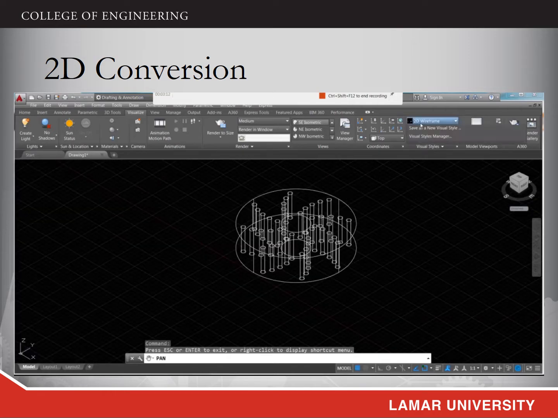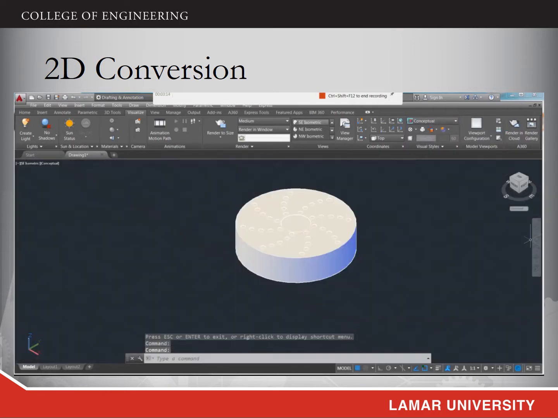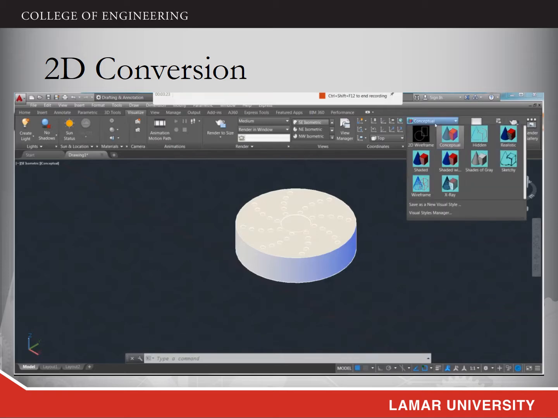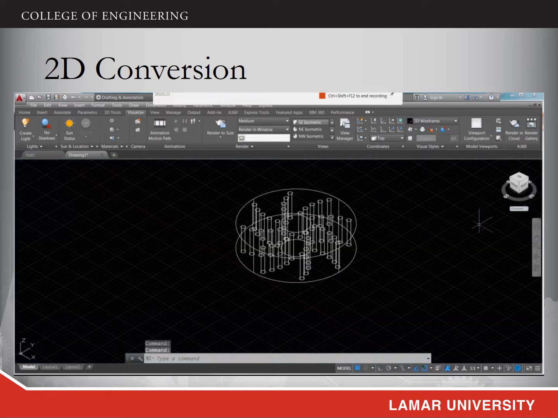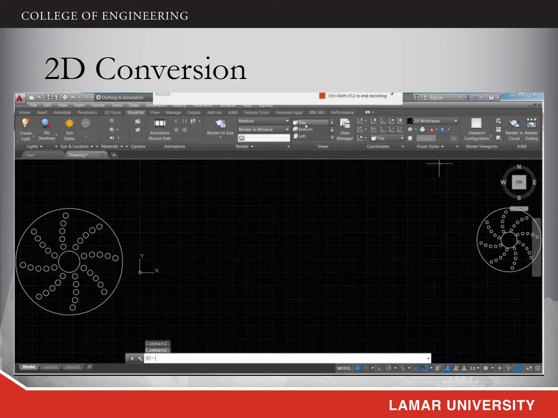But here, if we go to the conceptual style, you cannot see the holes. So you have to call the subtract operation. Go back to the two-dimensional wireframe and go back to the two-dimensional working environment